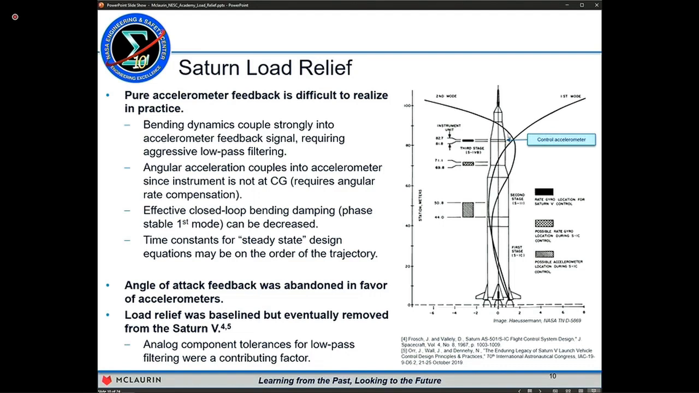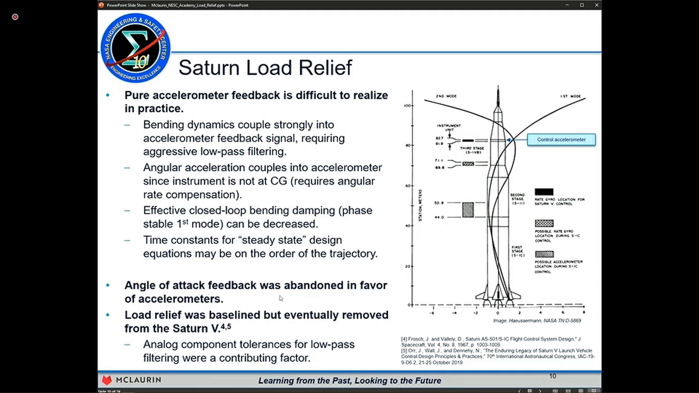You can see here with this image of the first bending modes of the Saturn V. The control accelerometer is located in the instrument unit, which is up here. You can see the mode shape amplitudes at that point are quite significant, and so this requires aggressive low-pass filtering when using classical control approaches to provide frequency separation between the accelerometer feedback and the rigid body and the bending dynamics, and especially in the Saturn case, using analog filters. This really wasn't achievable, and as a result,